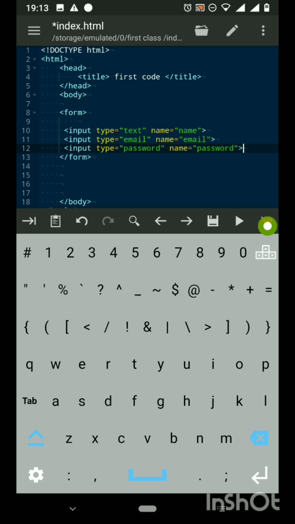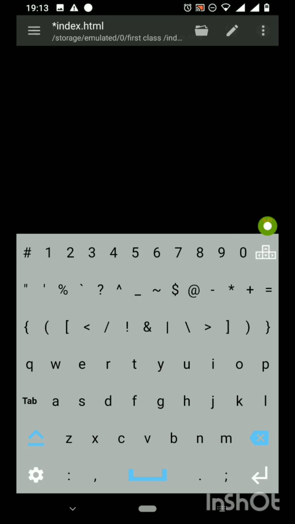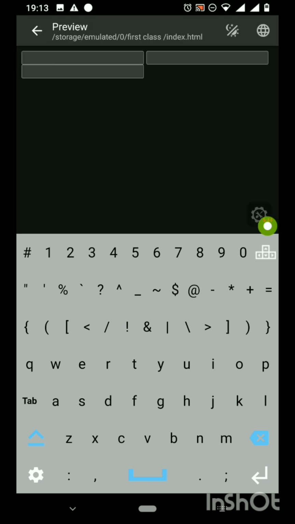So first, before I run this, we have input type text, which is for what? Name. The second one, we have type email, which we name what? Email. And the third one, we have type password. So let's see the difference. We have three input fields here. The first one is for name, so we can have our name here. Second one is for email, so let's say